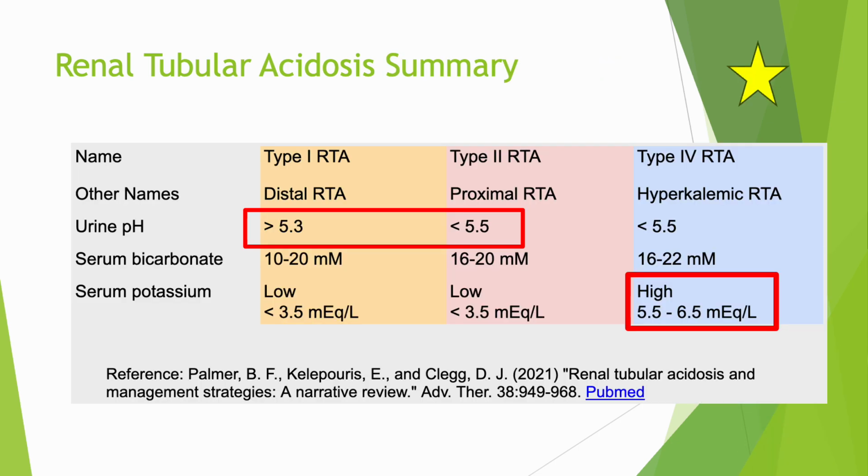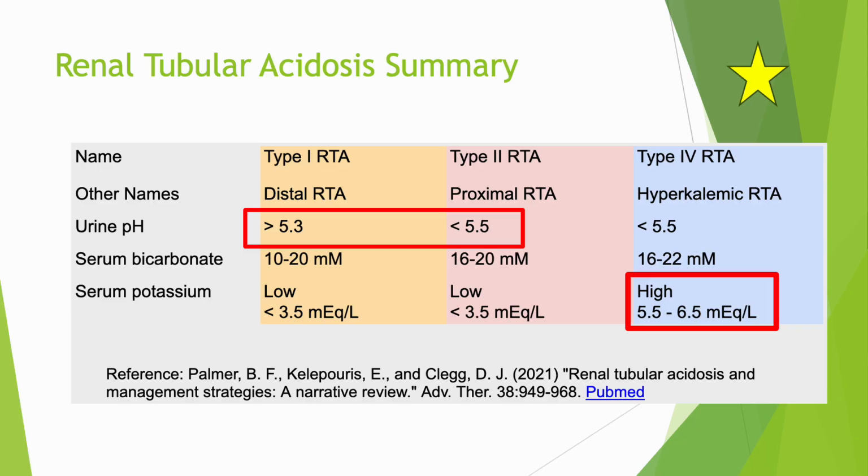This table summarizes all the electrolyte findings in the three types of RTA. Please remember this important information highlighted in red here, as this will help you distinguish between the three different types of RTA quickly. Remember that all of them will produce varying degrees of acidosis, so the serum bicarbonate will be